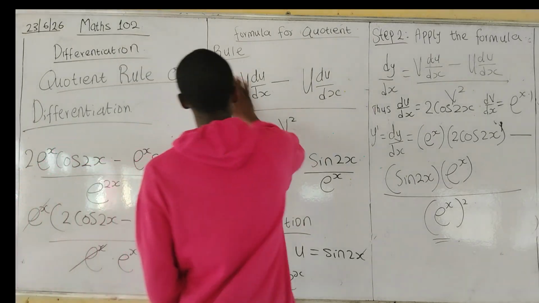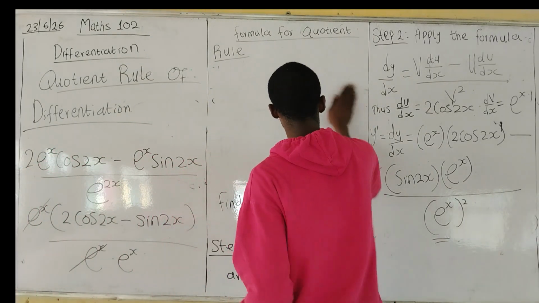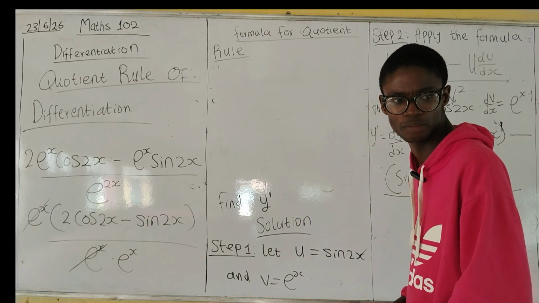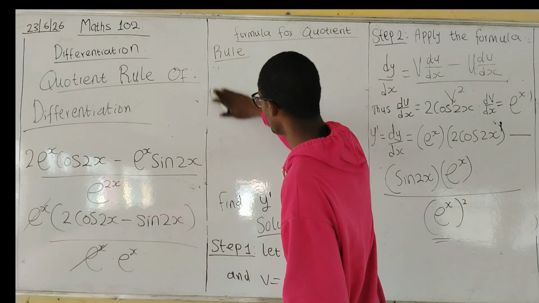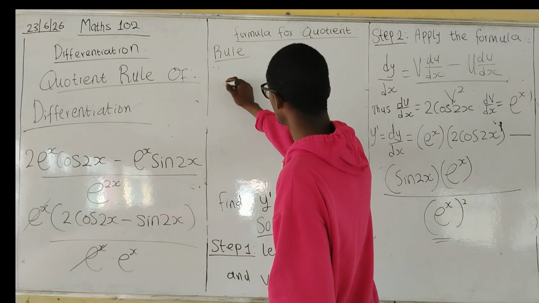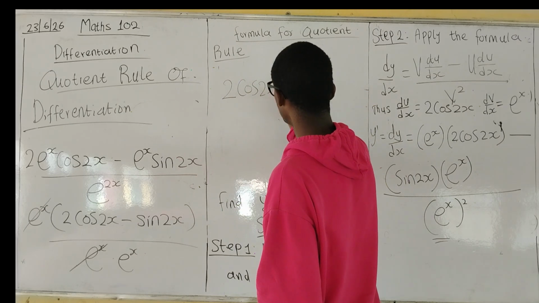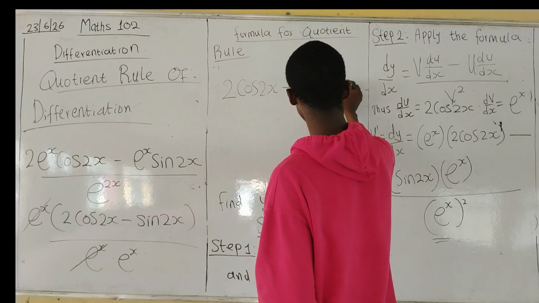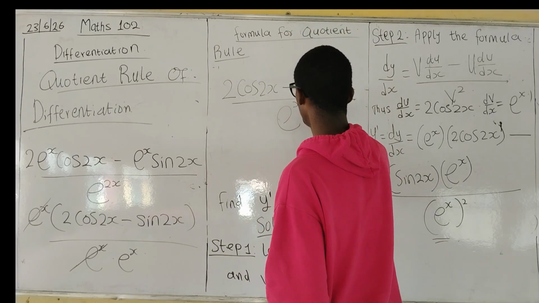So we have that as our final step to getting the least simplest form, that's the lowest simple format. Now we can have this as 2 cos 2x minus sine 2x over exponential x,